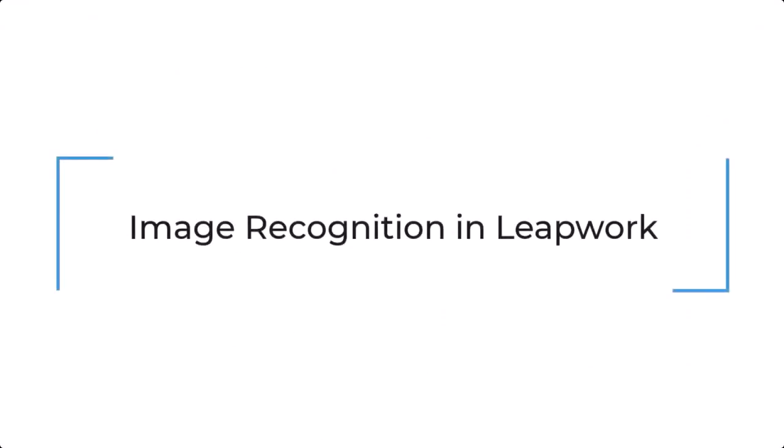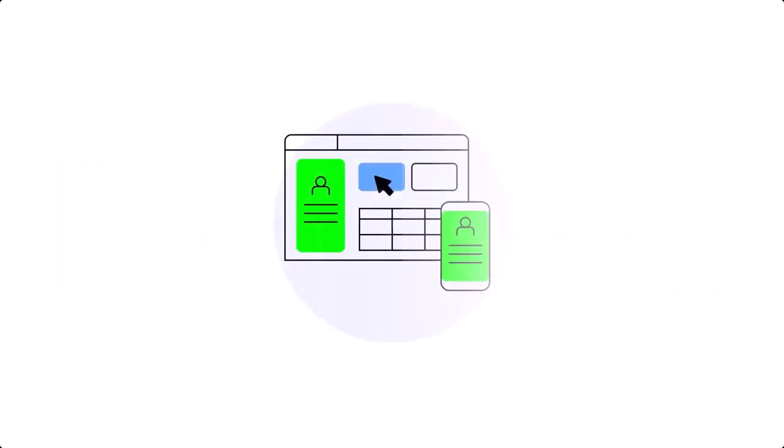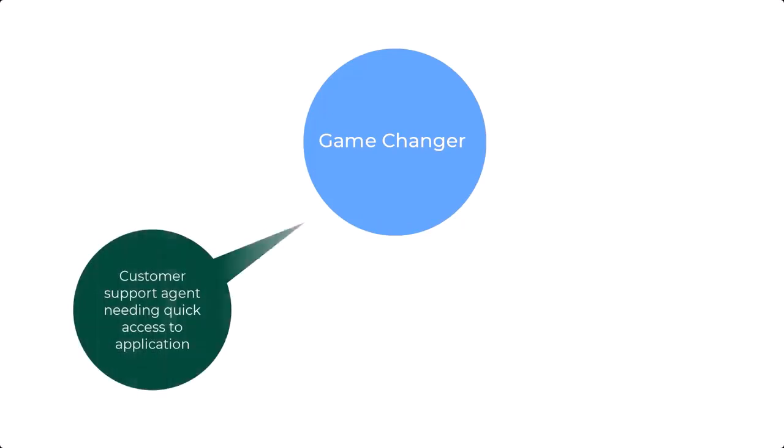Today, we're diving into image recognition, a powerful feature that allows us to interact with graphical elements on the screen, including in Citrix applications. Image recognition stands out as a game-changer across various industries. Imagine a customer support agent needing quick access to a specific application. Instead of searching for it each time, image recognition can automatically identify and click the application icon on their desktop. This not only saves time but also reduces the chances of errors, allowing the agent to focus on resolving customer